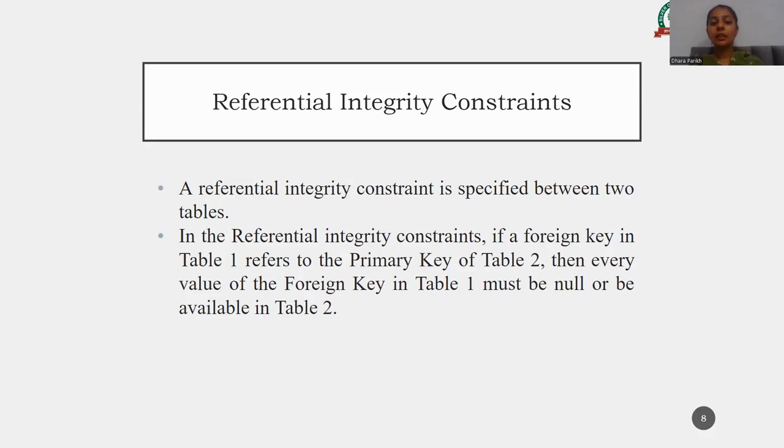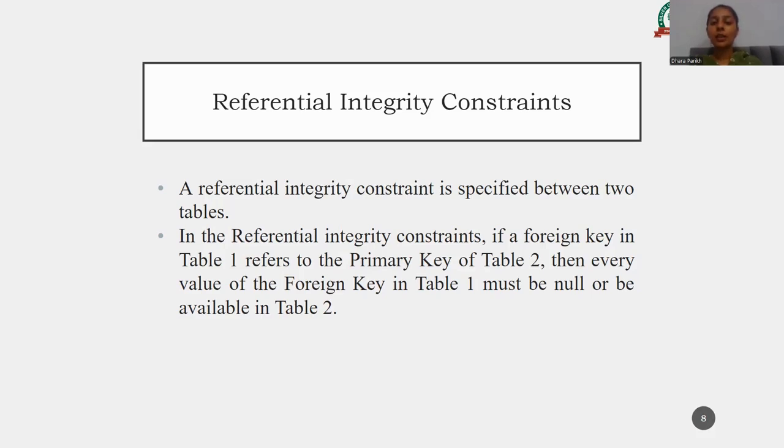Here we have the concept of the foreign key. The foreign key concept is that when we join two tables, one table refers to the other, table one and table two. Okay, so table one refers to table two. The primary key of table two, which is present in table one as a column, is called a foreign key. Okay. So here I have told you about the concept of the primary key as well as the foreign key.